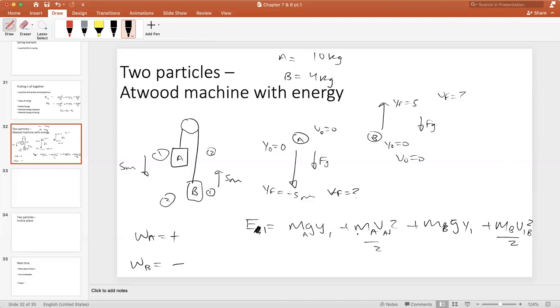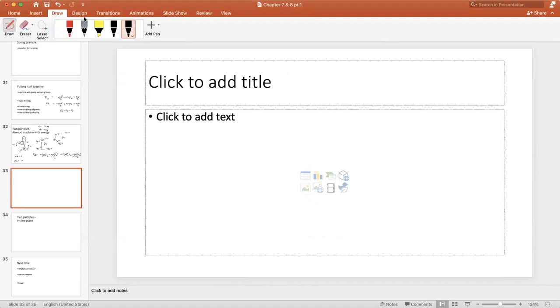So the energy initially, we knew this was 0 and we knew this was 0, right? But we also chose both of them to have y1 to be 0. So y1 for B and y1 for A are both 0, right? And I need to call this 2, and this 2, and this is B2, and this is A2. Okay, so all of these terms are 0. Energy 1 is 0. Now, energy 2,